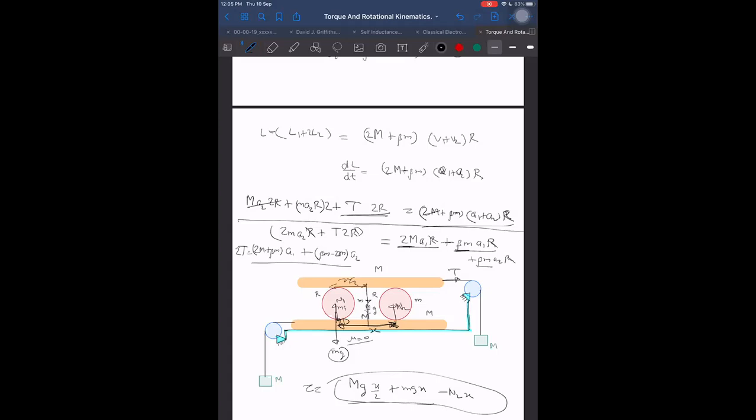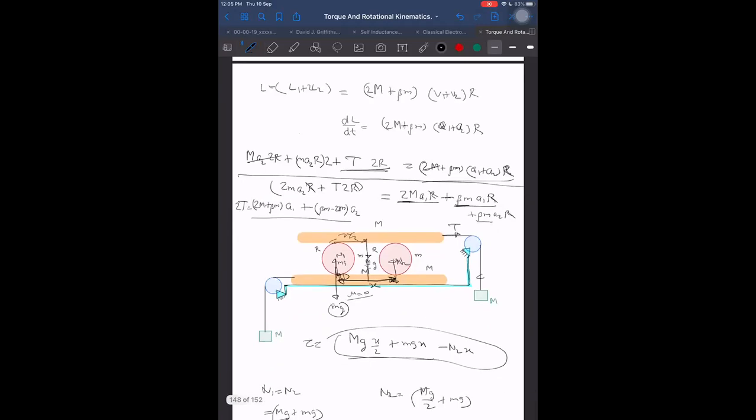So we are getting tension T, but in terms of the unknowns a1 and a2, but no problem. We are having two more equations. The acceleration of this will be, I think, a1 downwards, and here T upwards and capital Mg downwards, and here the acceleration will again be a2 downwards. Then what equations are we having now? Three equations and three unknowns. So we are getting mg minus T is equal to m into a1, and similarly here also.